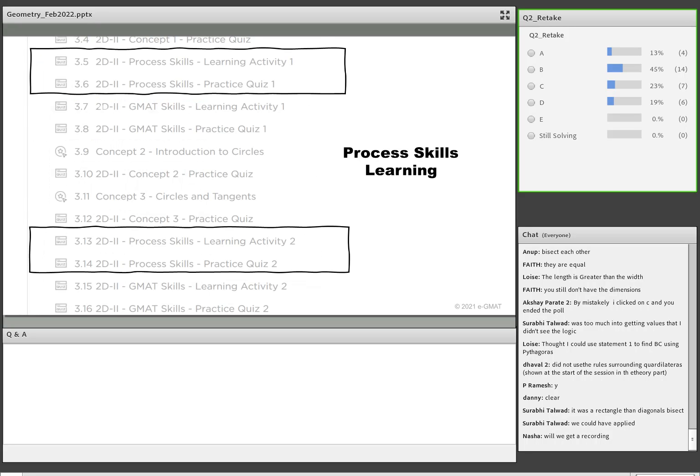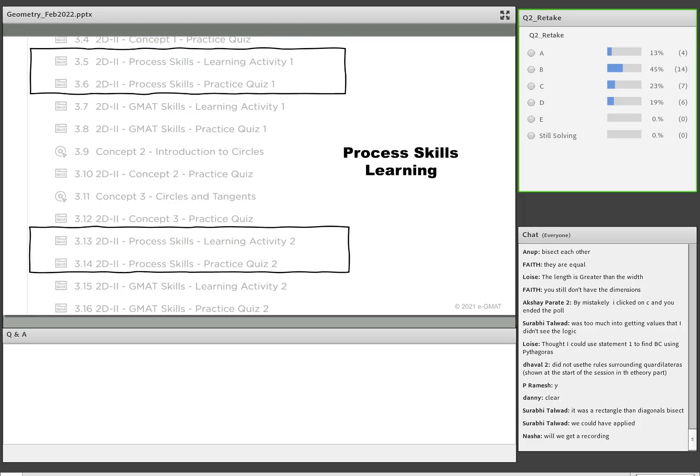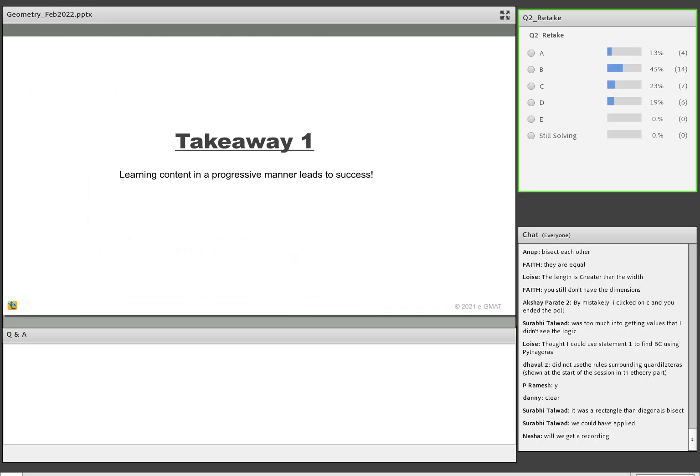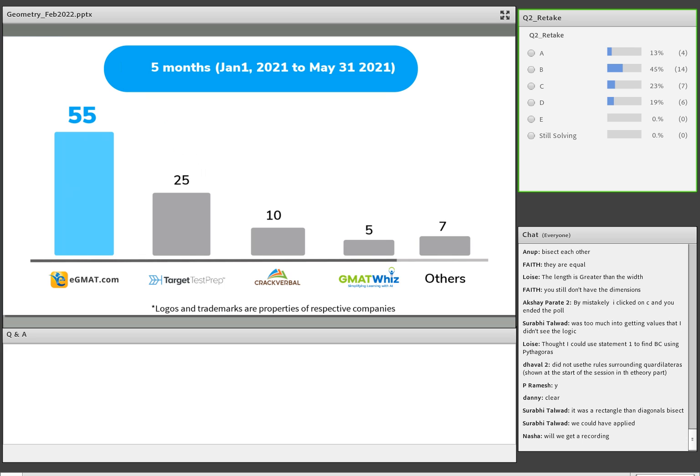That's why Quant 2.0 has been so successful. So you can see that bifurcation here. What I'm highlighting here are purely the concept files, which are dedicated to learning the concept. Then you have files dedicated to improving your ability to apply those processes. Then you have the actual GMAT style questions. This is where you really get the flavor of applying all this in a GMAT type environment. So understand that there is a reason the content is built in a progressive way, because we've figured out that it actually leads to success. When I say success, I mean it. If you talk about Q49 plus, 49, 50, 51 scores in recent times,